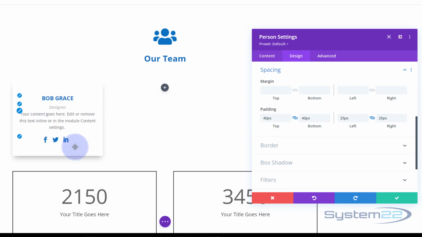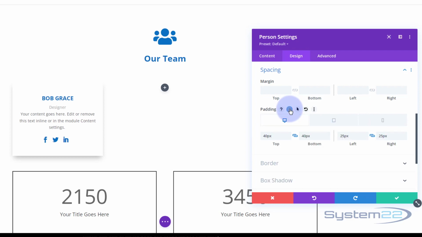But because we're adding an image, if you're going to use this on tablet and mobile too, you might want to go in and make it square on those. To do that, and this is common to all Divi modules, if you roll over the dark writing within a module, you'll see some little icons appear. If there's a little mobile phone type icon, you can click on it, go to tablet mode,